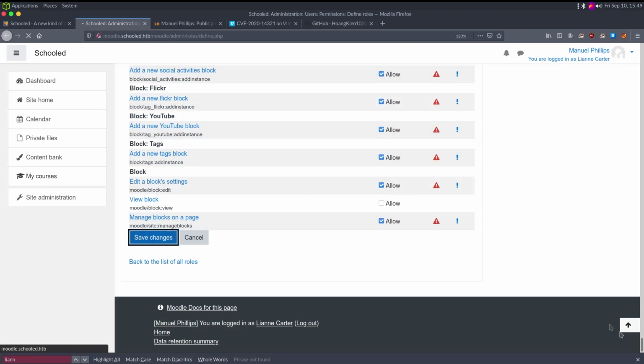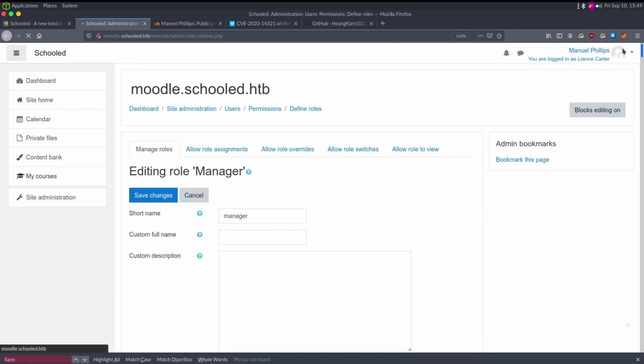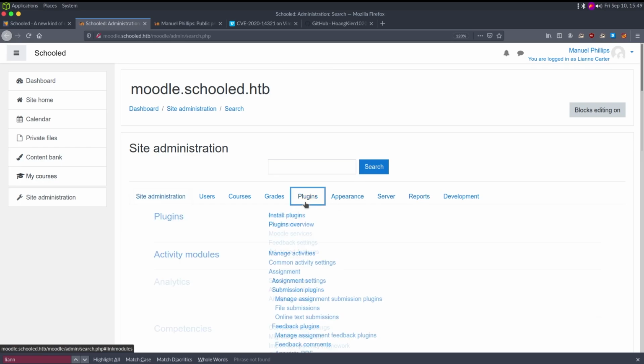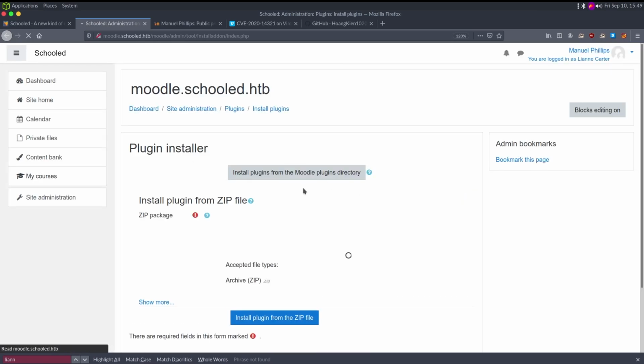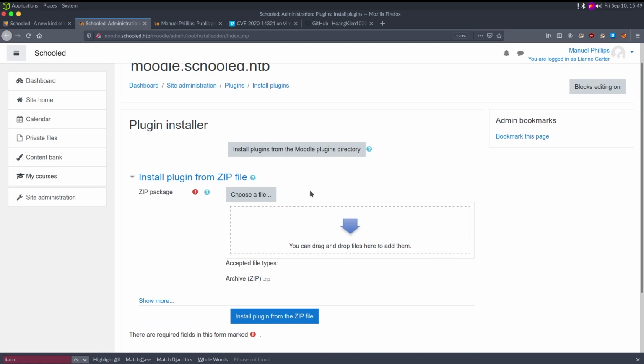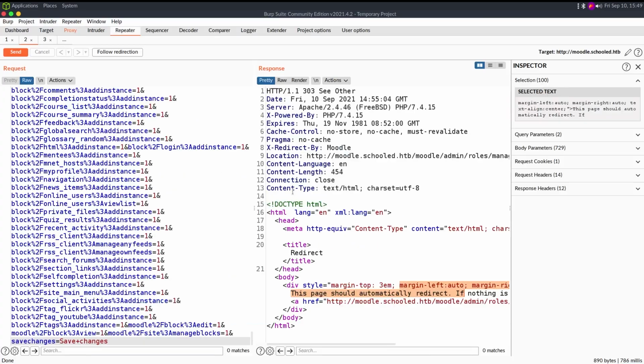So now let's go back here and go to the plugins to see if we can install a plugin. Site administration, plugins, and now we have this install plugin. And almost anything that lets you install a plugin means you can just get code execution, because you can just create a malicious plugin. But before we do that, let's take a look at exactly what we just did,